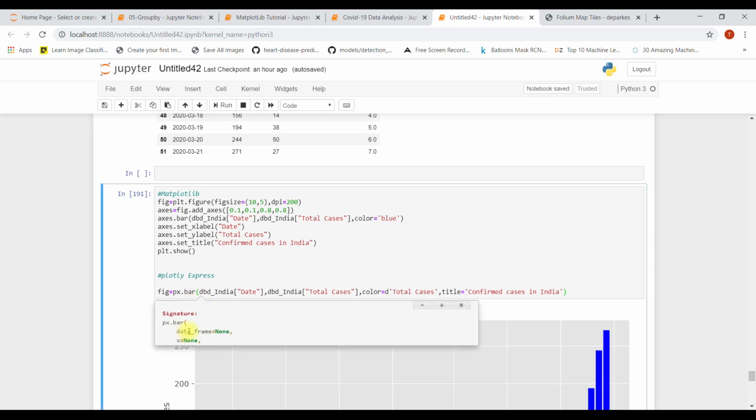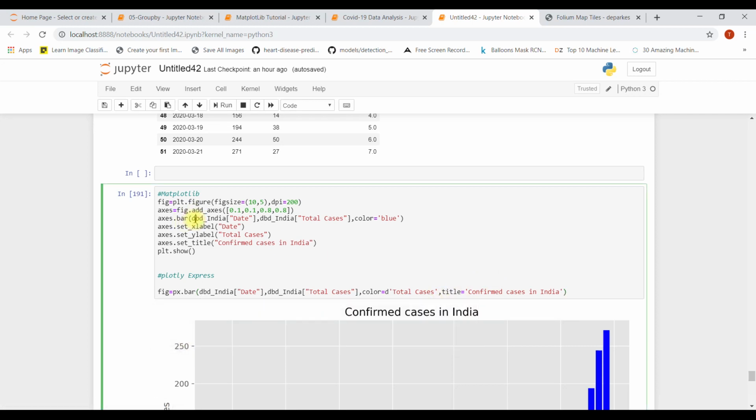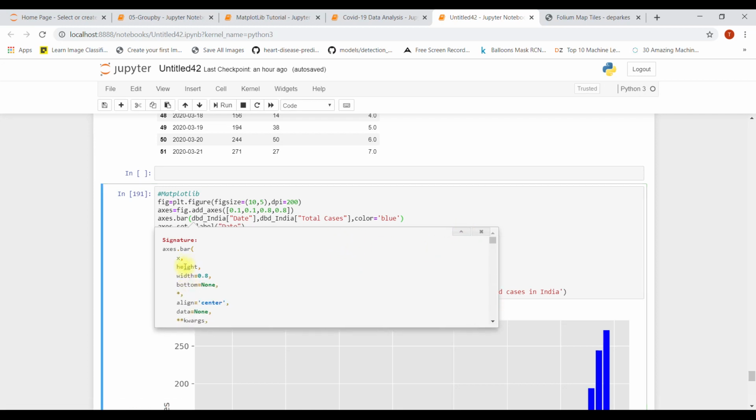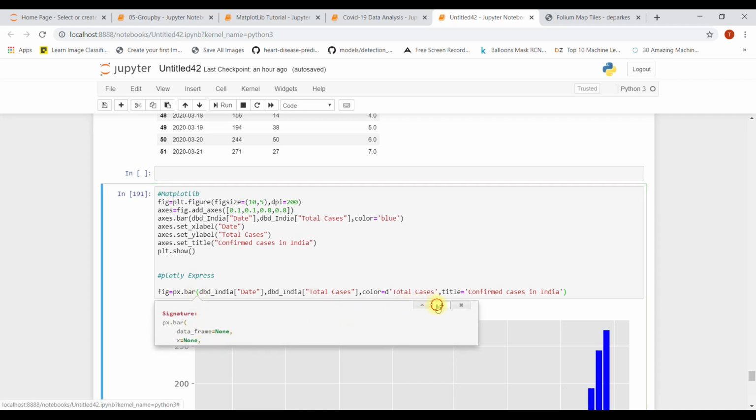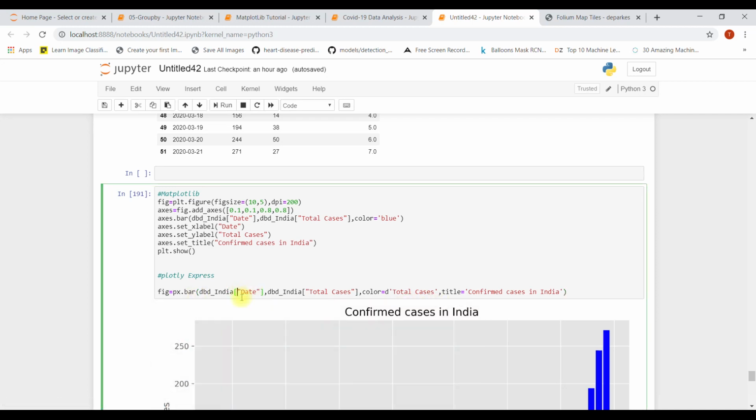First, you need to give the data frame name, then X, then Y. Okay. Here in Matplotlib, you don't need to give the data frame name. You just need to give X and the height, that means Y. Like DVD, then date. That means for X-axis, call date from DVD India, and for Y-axis, call total cases from DVD India. But here, press Shift plus Tab, and it will show you need to define data frame, then X, then Y. Okay. So we have already defined data frame, and now